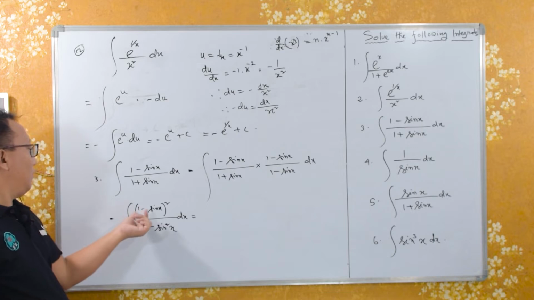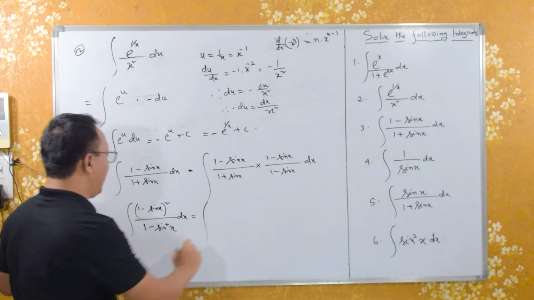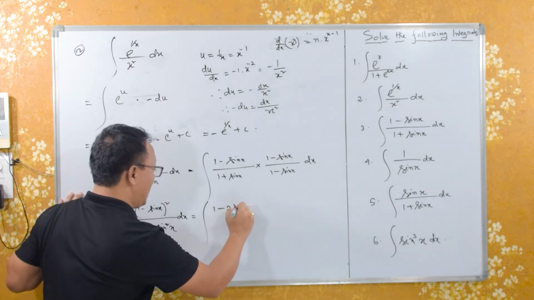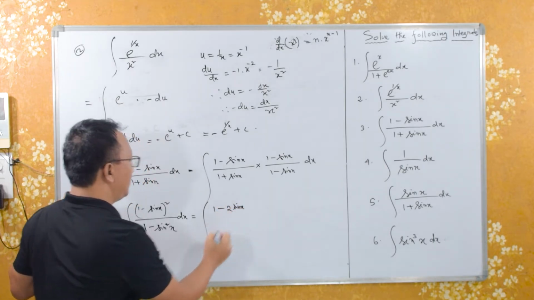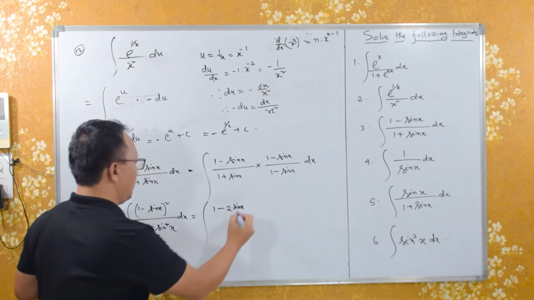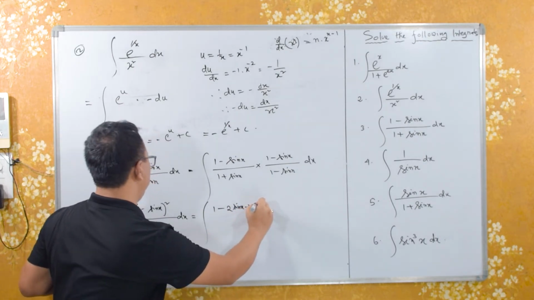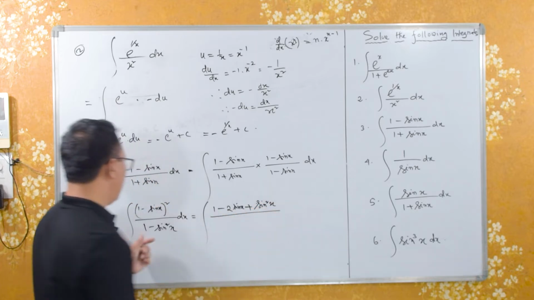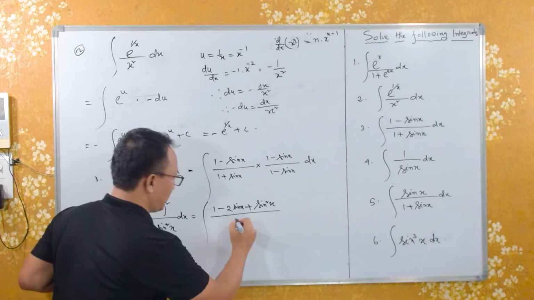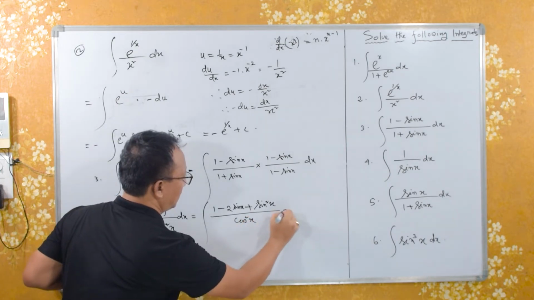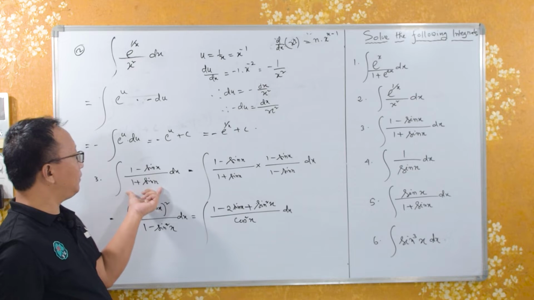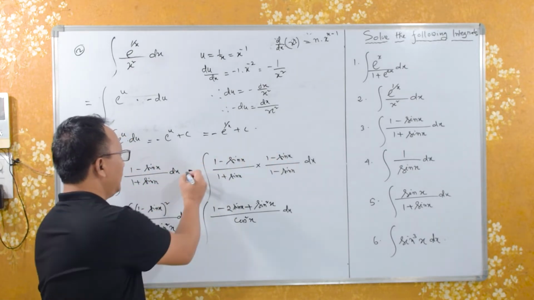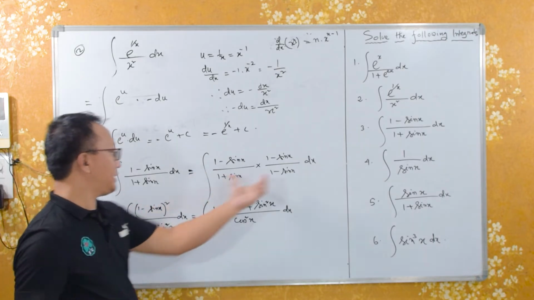Now here we have (a minus b) the whole square, that is a square minus twice ab, sin x into 1 is 2 sin x, plus b square, sin square x, upon, here 1 minus sin square x is what? Cos square x dx. Now here I didn't change anything. All variables are x, here also x. This is equal to, now,